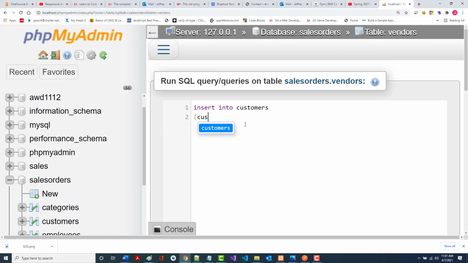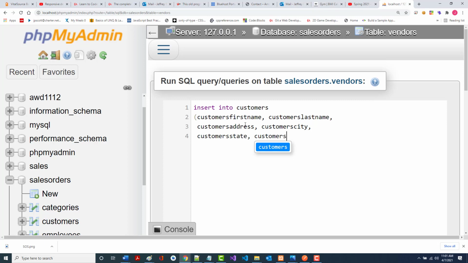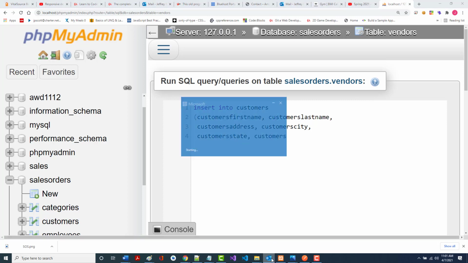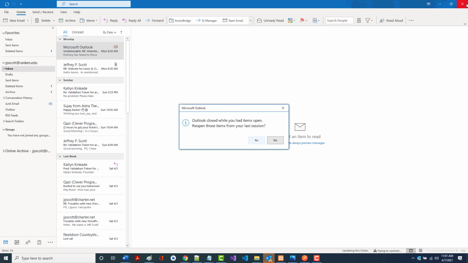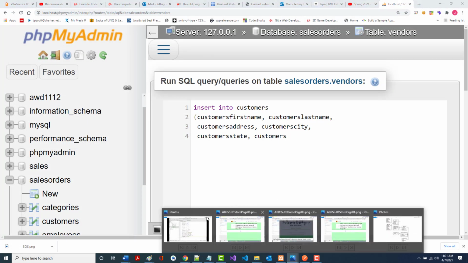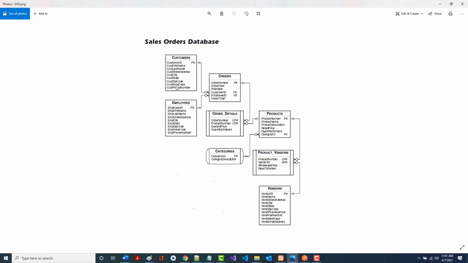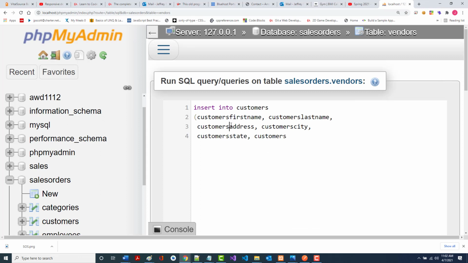So I'm going to say in here the names. Customers first name. Customers last name. Customers address. Customers city. Customers state. Customers, don't remember what that one was. Is it zip or zip code? It is zip code. Oh, and it's street address. It's not address. So that is street address,